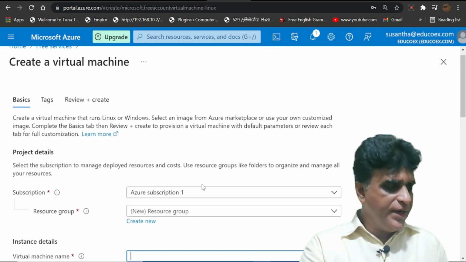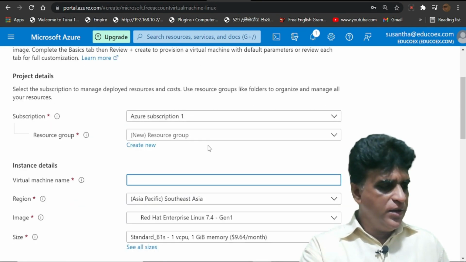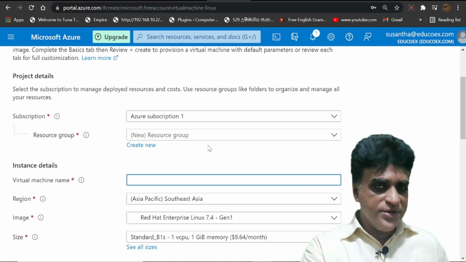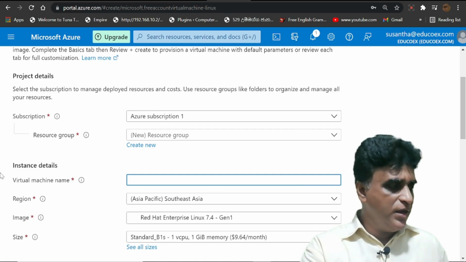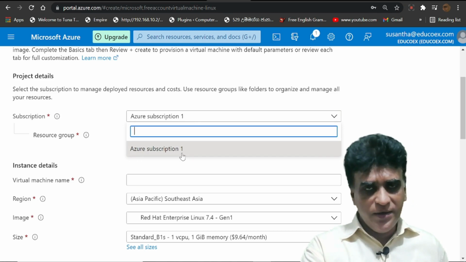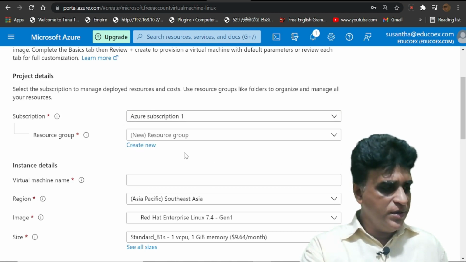Once I click on create, you have to answer some questions. That means you have to provide some information required for virtual machine creation. First, it asks what the plan is. For a free account you have only this plan, Azure subscription 1, so select it.